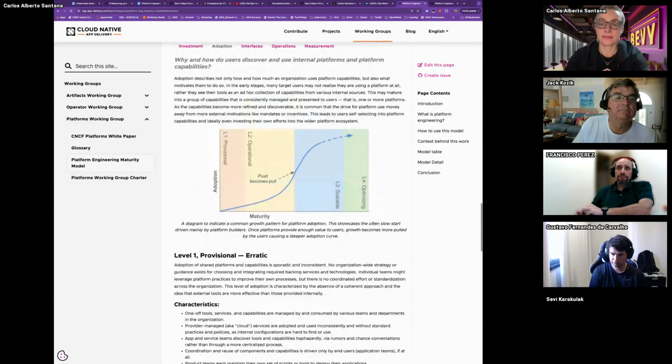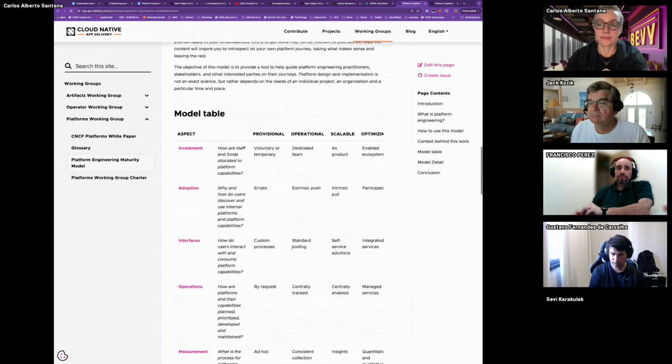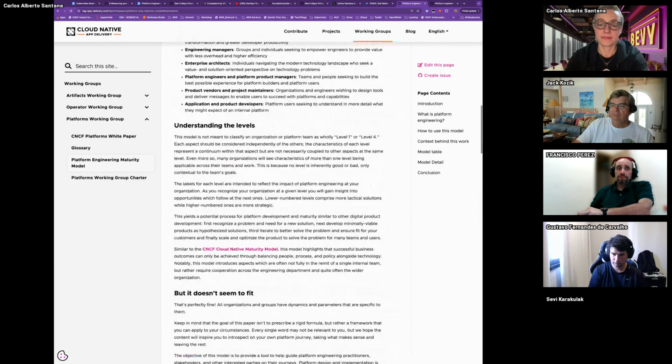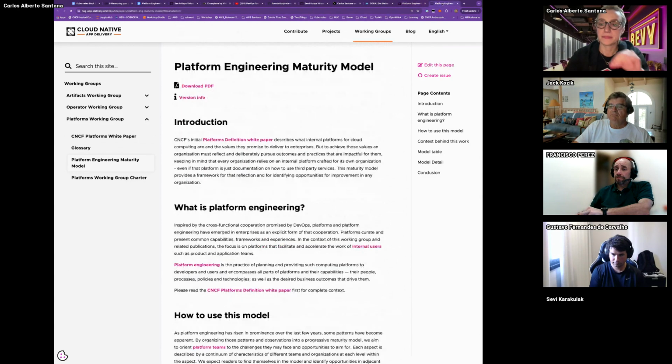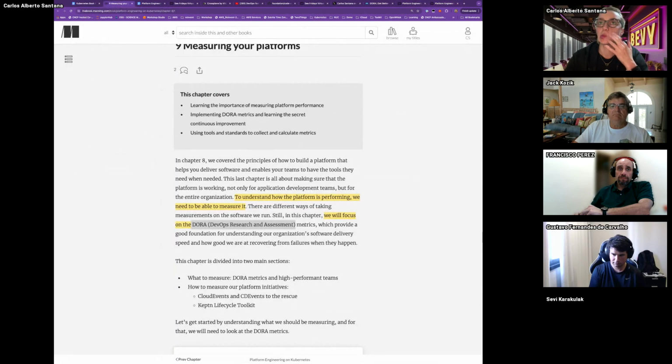So yeah, this is another good read if you're looking to learn more about platform engineering, which the book is about. And the last chapter of the book, if I can go back, was measuring your platform, and that's why I wanted to bring in the working group paper, because there's a big section around measuring.